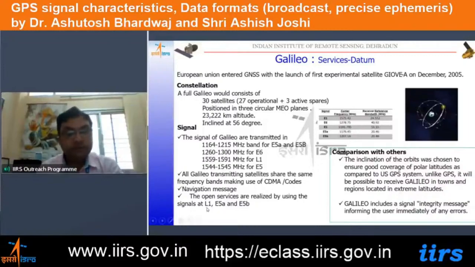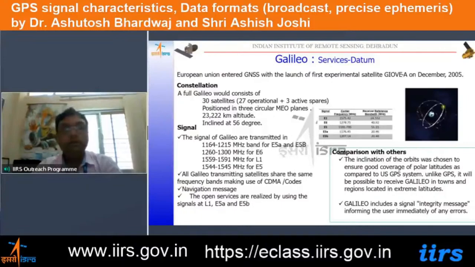For the open services, basically L5, that is E5A, L1 and E5B, these are used for the generic open services for the general public. Since it has a higher inclination to the equator, it is able to provide good positioning in the higher latitude areas also,